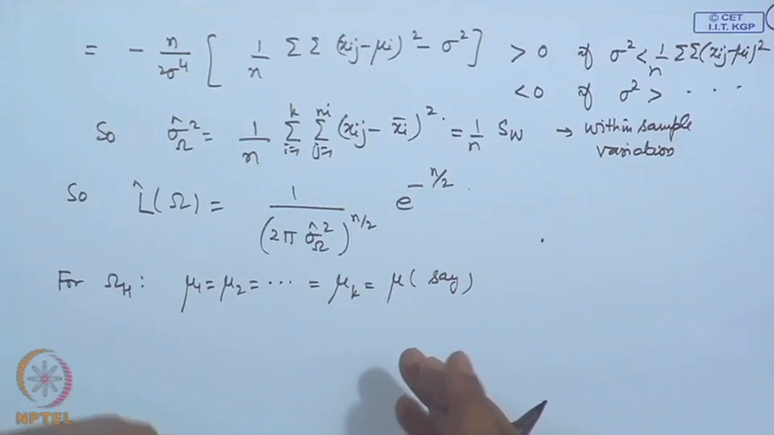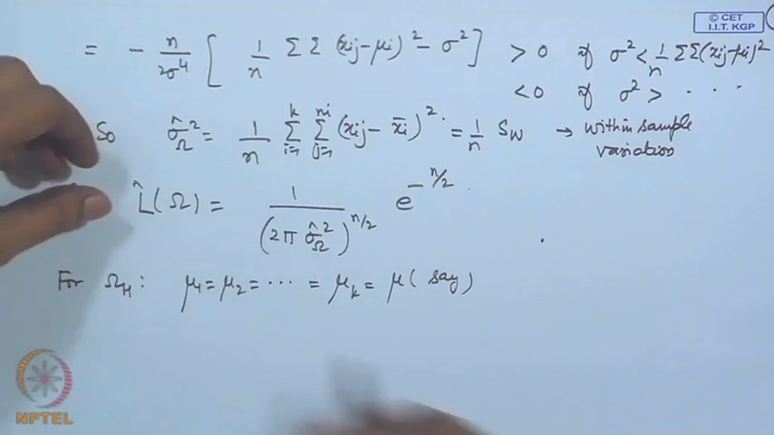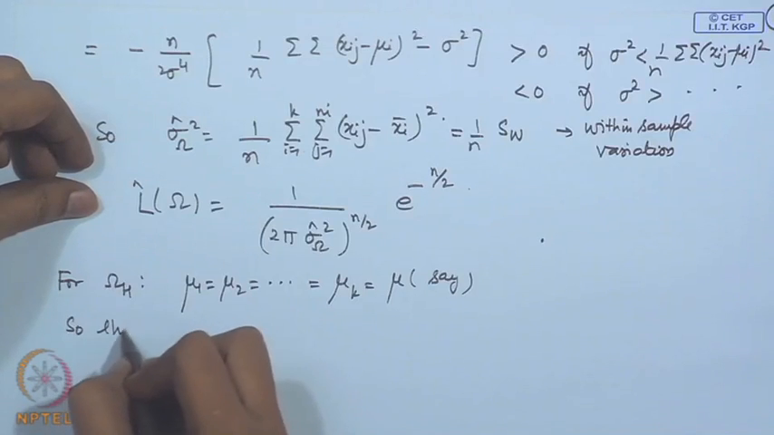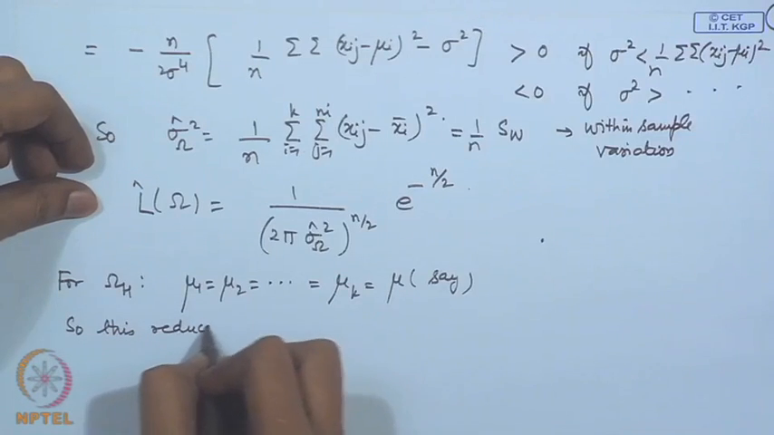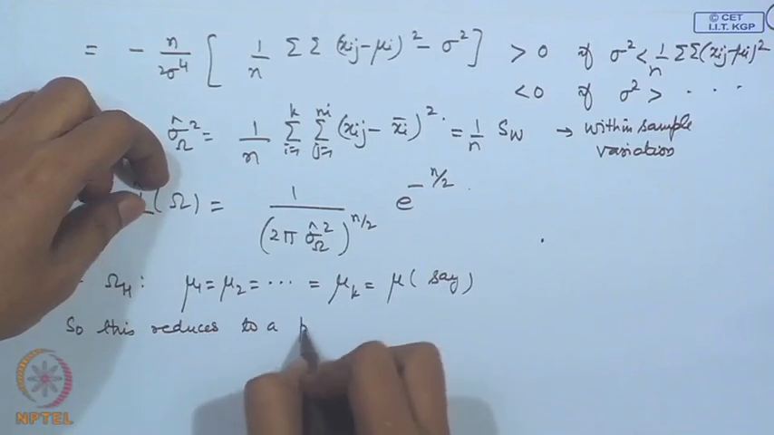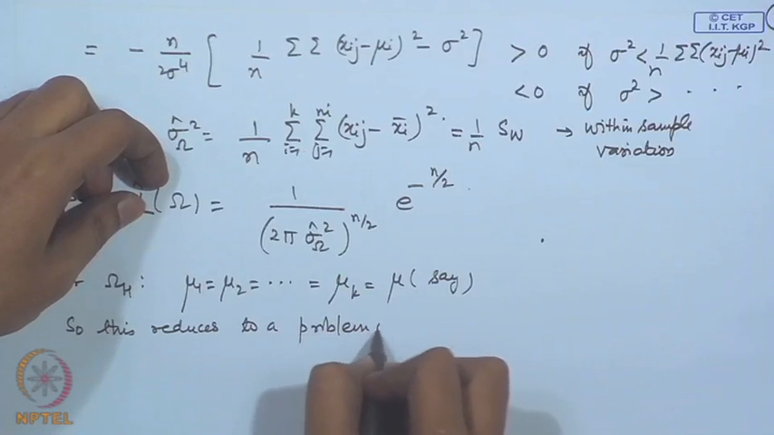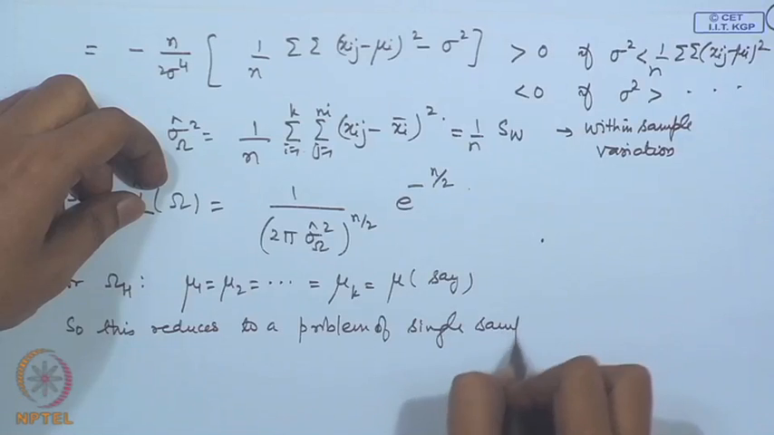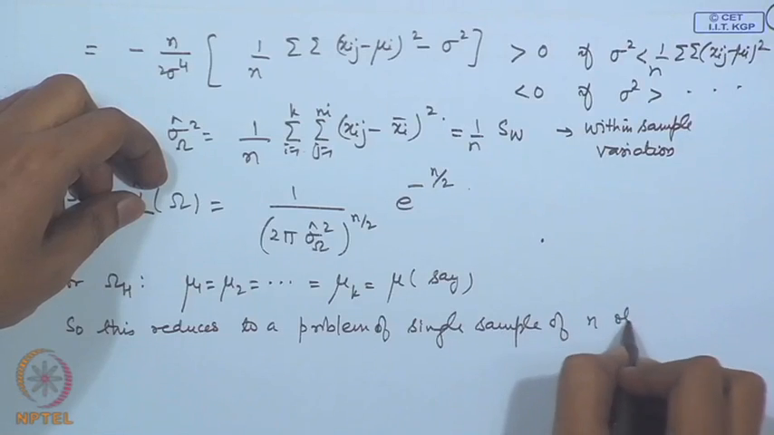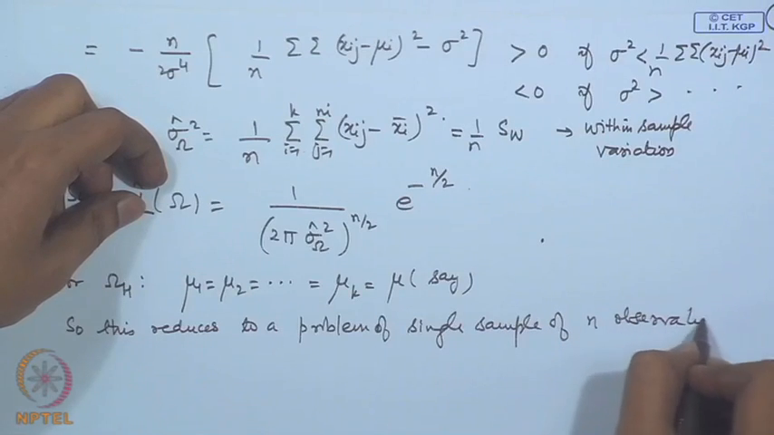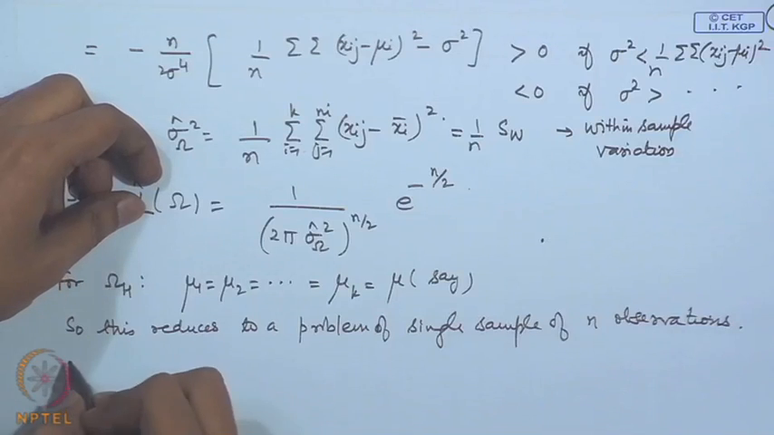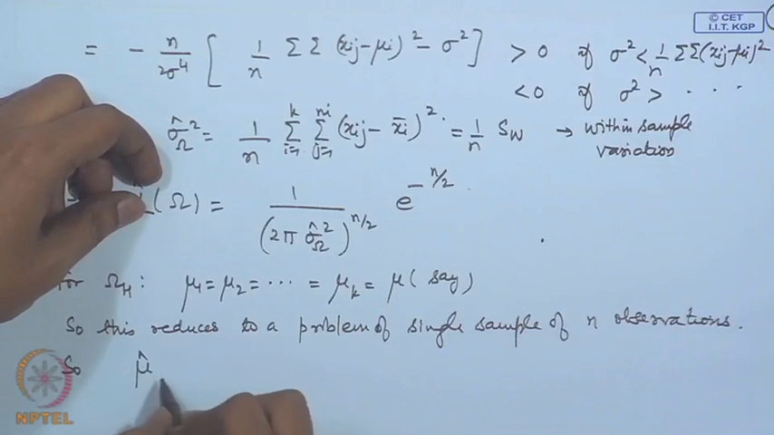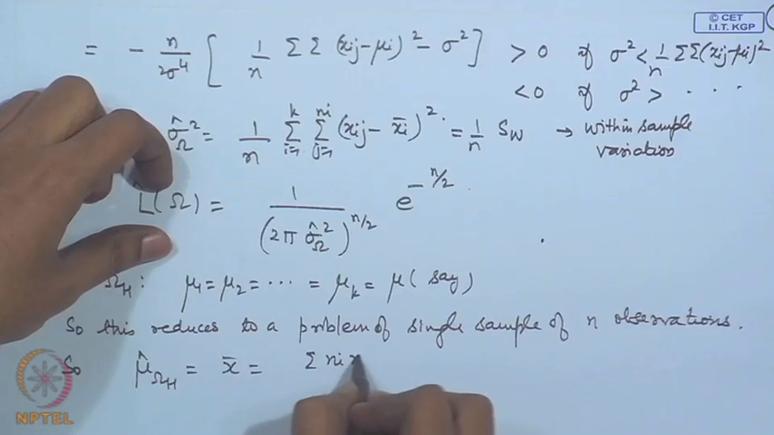So, this actually becomes a problem of single sample. This reduces to a problem of single sample of n observations. So, mu hat omega_H will become simply x bar, that is sigma n_i x_i bar divided by n,